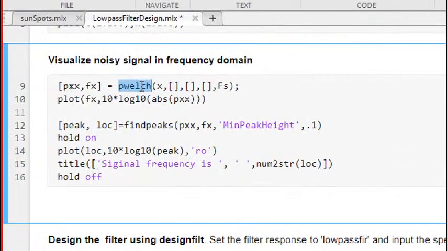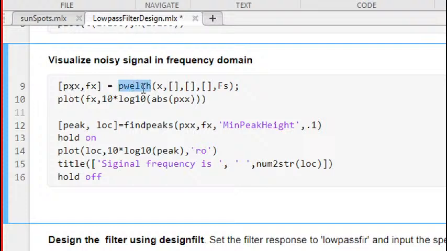So what I am doing here, if you want to know what more properties are here, that is the number of FFT and window size and all these things. I am not going to discuss that. If you want, you can go in help and check that. So you see, this is the inbuilt function for the Fourier